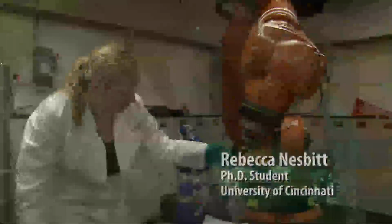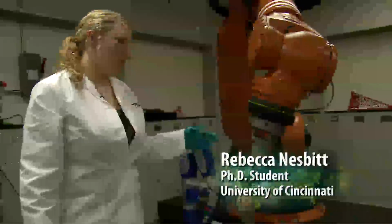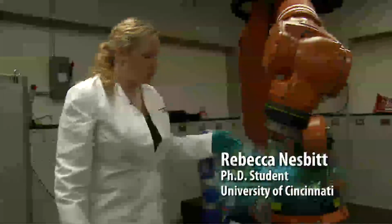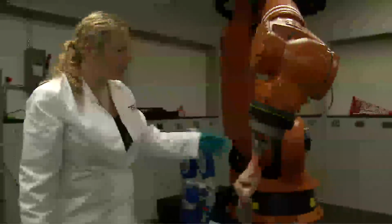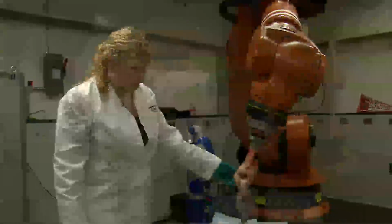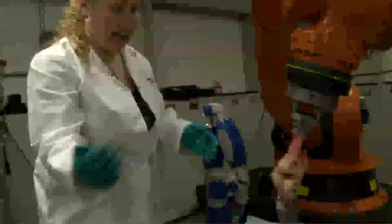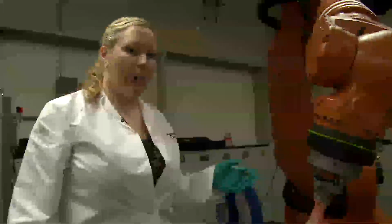What we do here is we use an industrial scale robot to manipulate the joint. In the case of the ACL, we can run an intact motion. We can then run a deficient motion where we have severed the ACL, and then we can go in and actually perform a surgical reconstruction on this joint here. And then once we've reconnected it, we can run it again and see if the forces are back to the